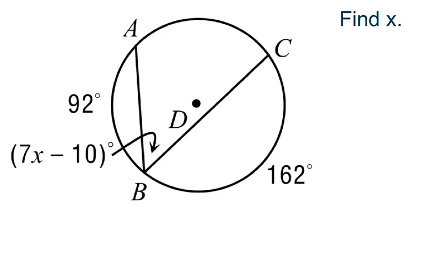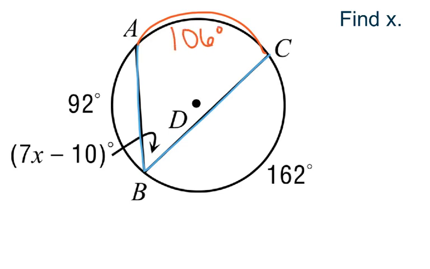Okay, so first thing that I notice is that I have an inscribed angle and I have this intercepted arc. I don't know what that arc is, but I can find it because I know the other two are 92 and 162. So if I do 360 minus 92 minus 162, I get that this red arc is actually 106